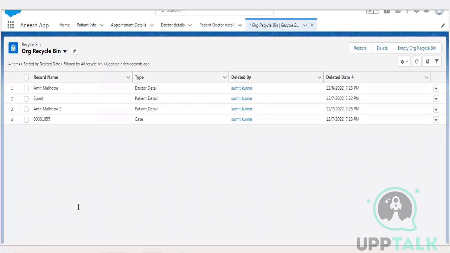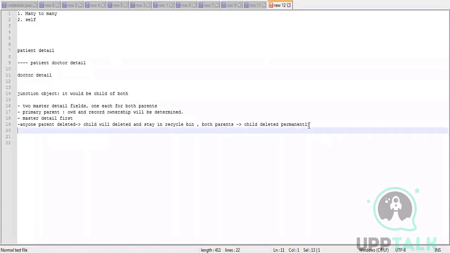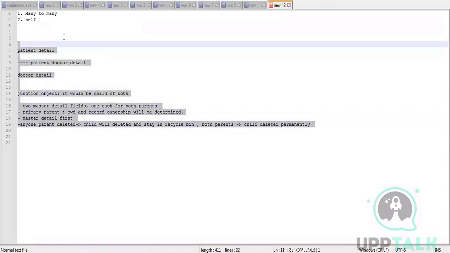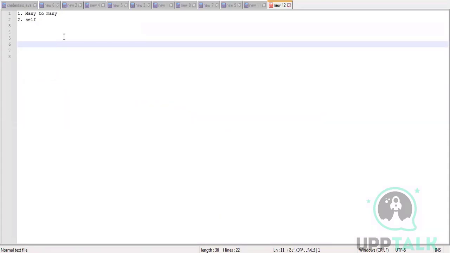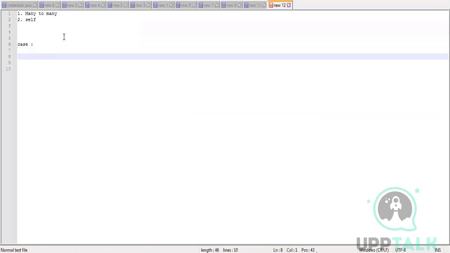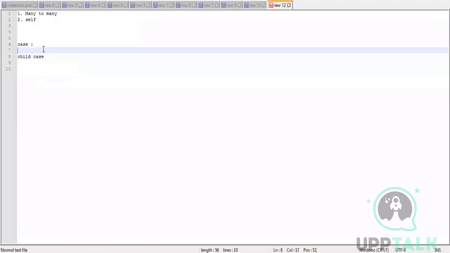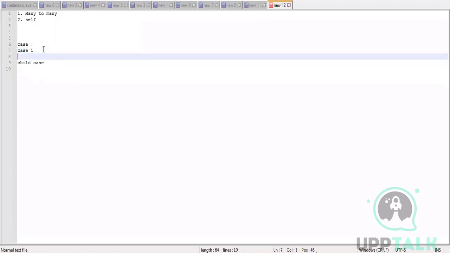Before we jump to the practical aspect, let's discuss. Let me give you a scenario of a case. Sometimes what happens is that when a doctor creates a case for a patient, on the subsequent visit they don't create another case, in the same case they create a sort of child case, right? Say on visit 1 they created case 1, on visit 2 they created case 2, and in the